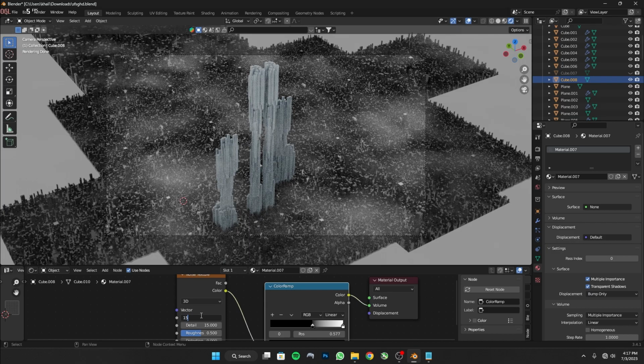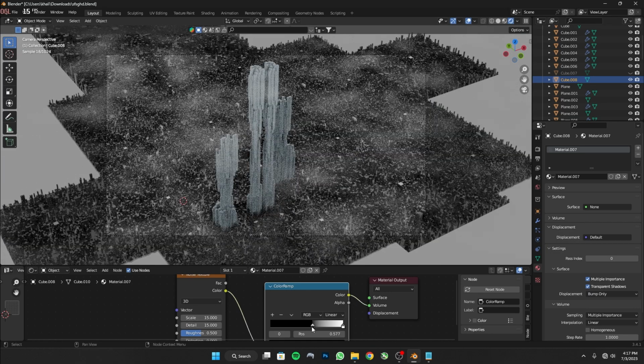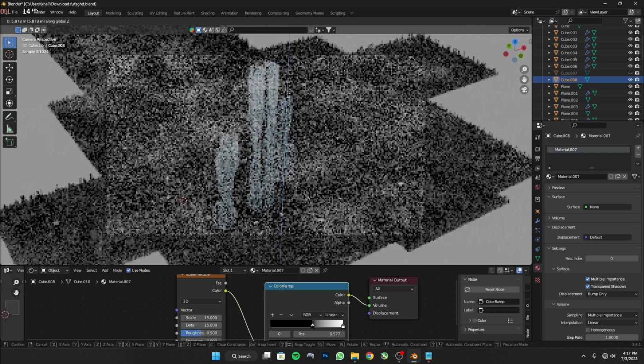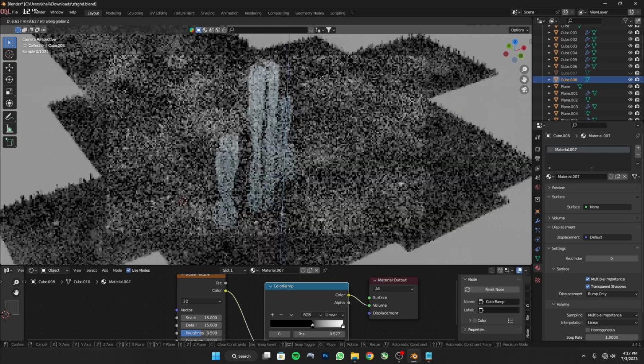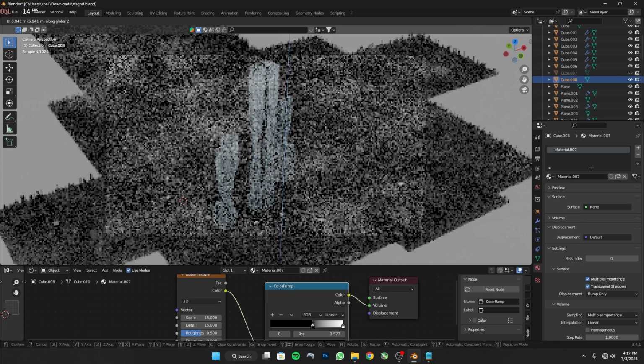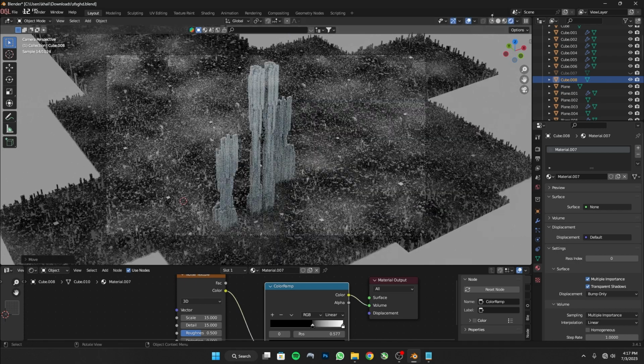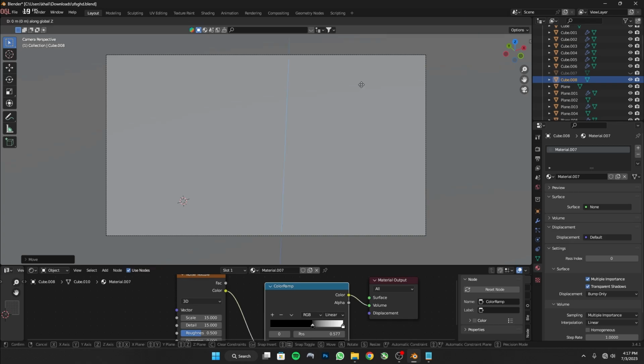I'm gonna increase the scale to 15, move it up, kind of like that, and grab that down, kind of over there. And I'm gonna unhide the other clouds and go to